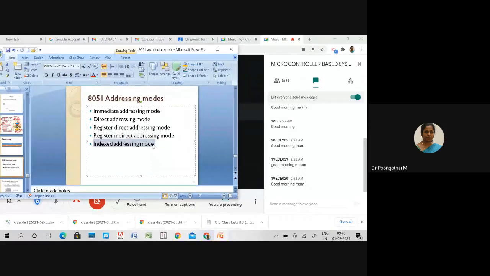Here operand means the data we are operating on. That is, in most cases, source data. Okay. Operand means the source data we are operating on. So that source data can be a direct address of memory, or it can be register names, or it can be numerical data. Okay.